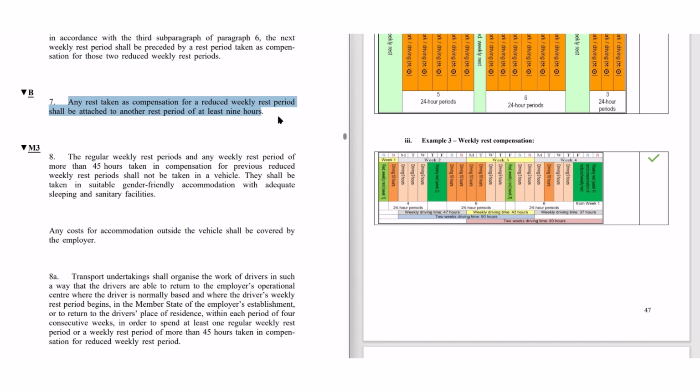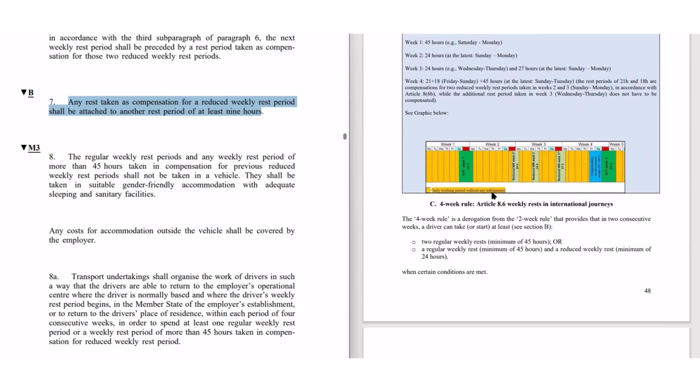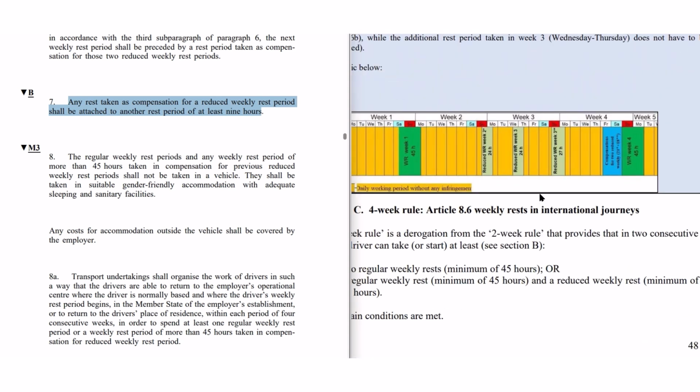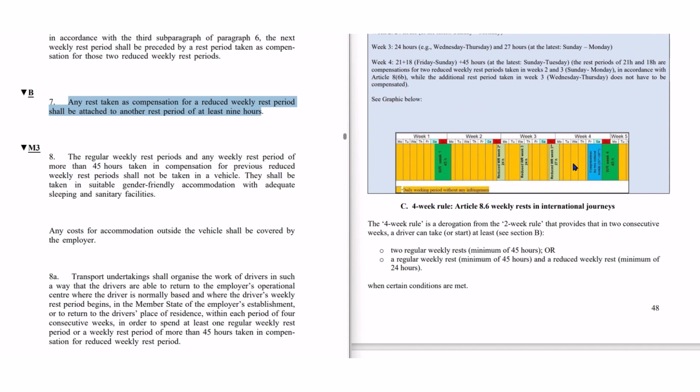Now, how do you handle 2 consecutive reduced weekly rests? Both reductions must be compensated before the following regular weekly rest, and the compensation must precede that rest. Here's a detailed example from Trace. You finish week 1 with a 45-hour rest, then take 24-hour and 27-hour rests in weeks 2 and 3. If another 24-hour rest is inserted, for demonstration purposes, then the closest reduced rests to the following 45-hour regular rest must be compensated. So, 21 hours for the 24-hour rest, and 18 hours for the 27-hour rest, totaling 39 hours